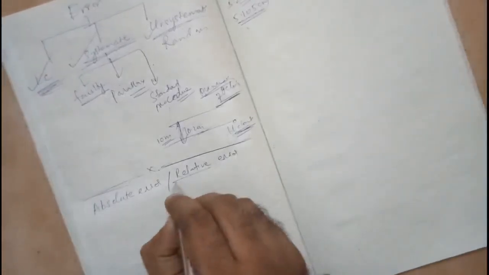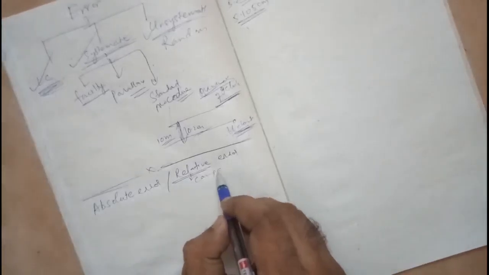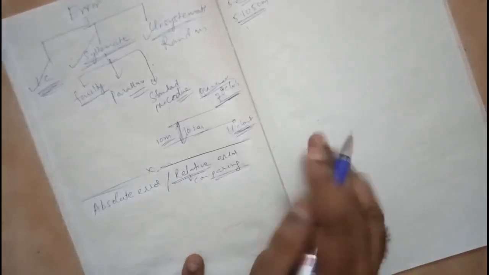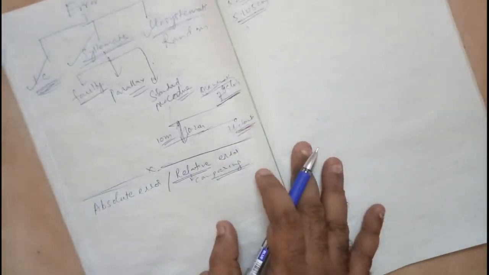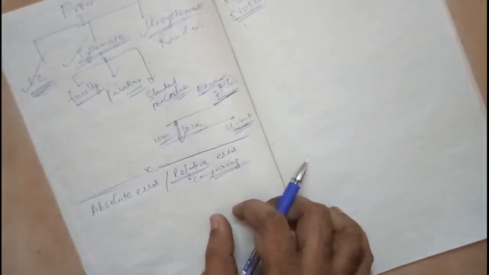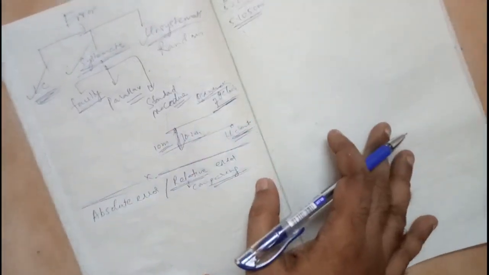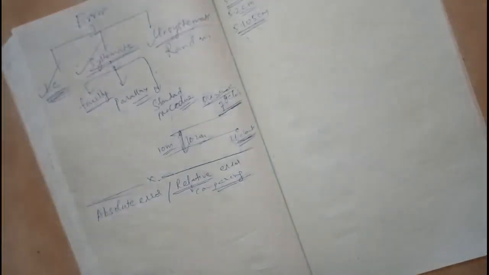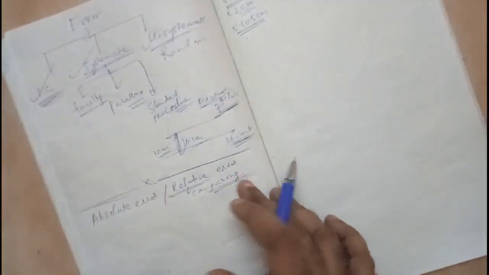See, in physics, whenever you see this term relative, it always means comparing. You remember this, okay? Some way of comparing one with the other is called relative error. Relative velocity is comparing one velocity with another. Take a difference, take a division, do whatever, but basically it is a comparison. So once you understand absolute error, we will take up relative error.